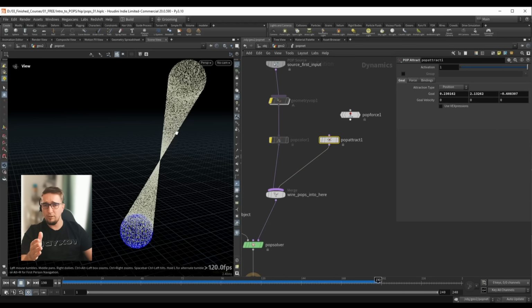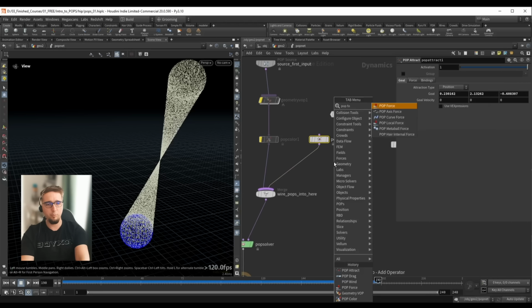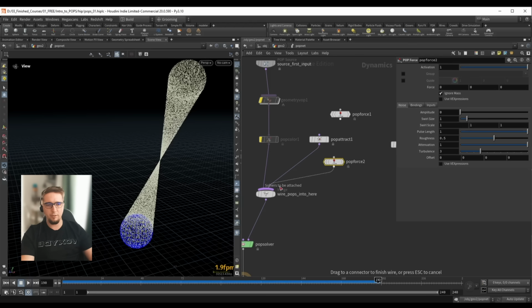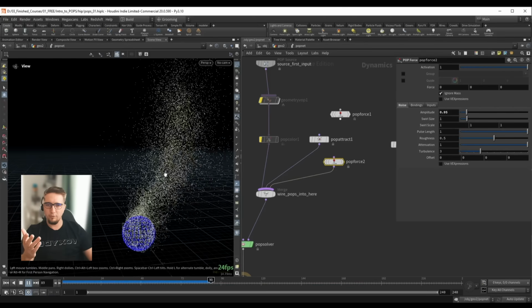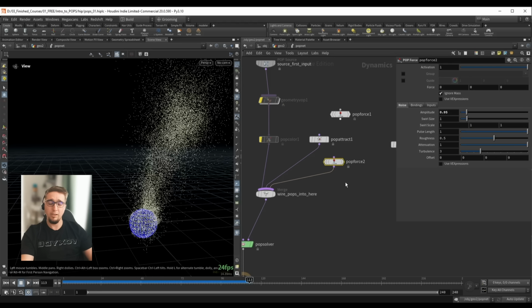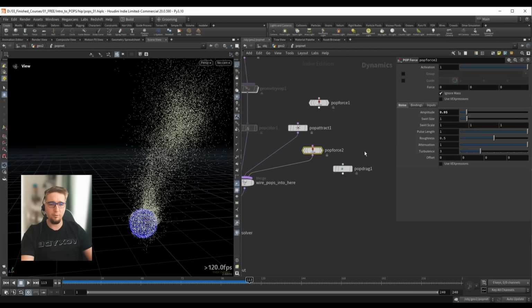So for example, here, if I wanted to add some turbulence as well, we would have to use a different node. So we have to use a pop force to combine this here with our pop attract, and I can increase the amplitude. All right, so I want to introduce some noise, but again, this will just mess up my entire simulation. Now, usually with a lot of these pop forces, you have to use the pop drag as well. So we have the pop drag